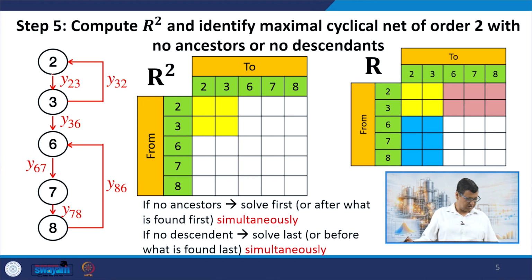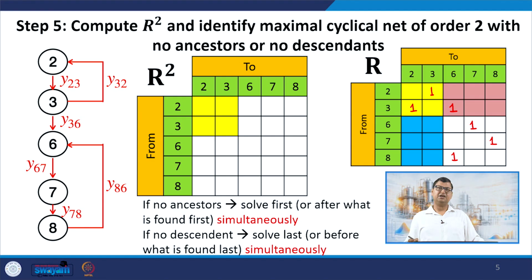Of course, I have told you that the better way of doing cyclical nets in the graph is to compute R star and do intersection with R star transpose. But this becomes easier because we can compute R, R square, R cube and so on in succession, and for the decomposition scheme we basically find the cyclical nets in this particular way, right. So, let me quickly write the R here. So, from 2 I can go to 3, from 3 I can go to 2 and 6, and from 6 I can go to 7, from 7 I can go to 8, and from 8 I can go to 6,